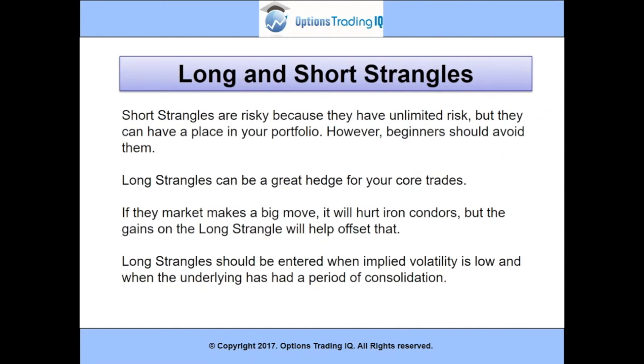Okay. Long strangles can be a great hedge for your core trades like your iron condors. I've mentioned this before. If the market makes a big move, it's going to hurt your iron condors, but the gains that you make on the long strangle can help offset that. So a long strangle should be entered when implied volatility is low and when the underlying has had a period